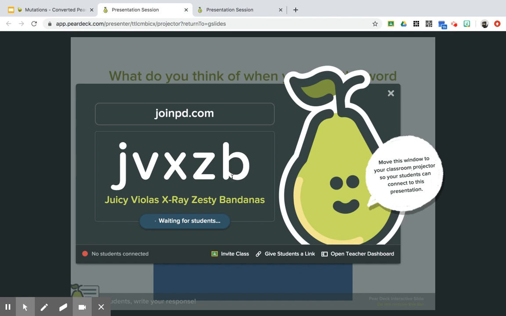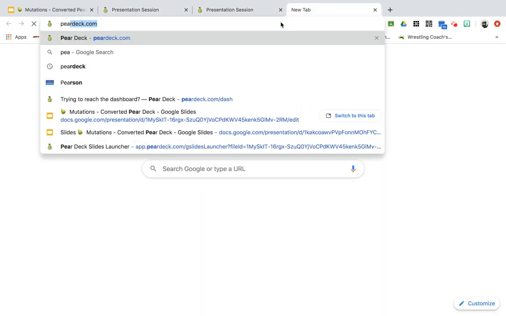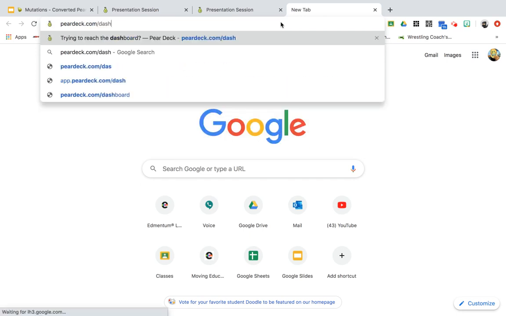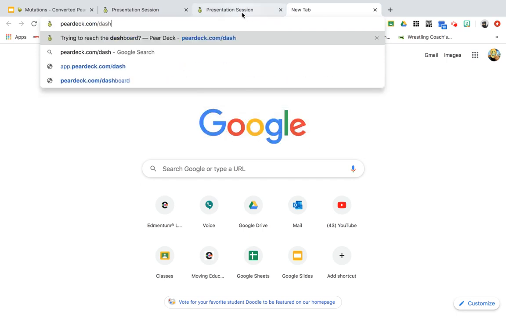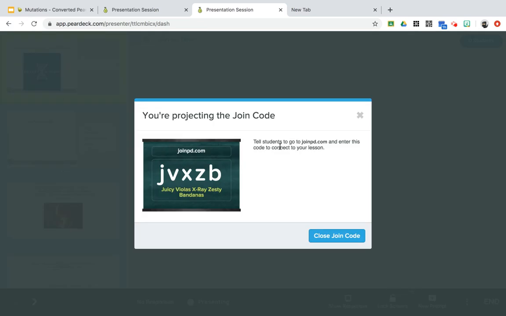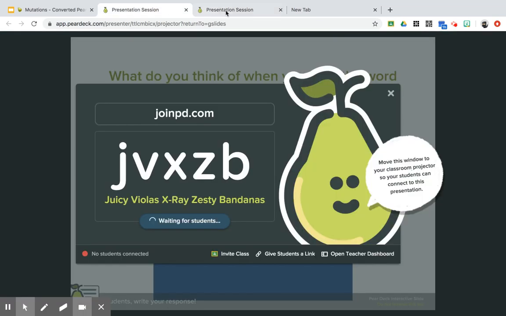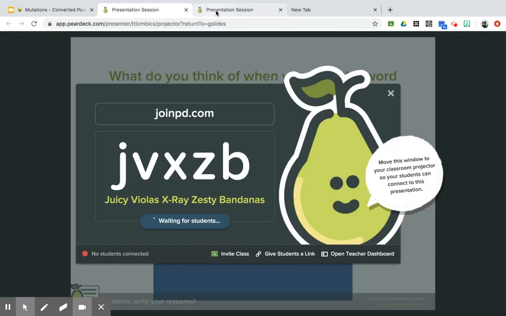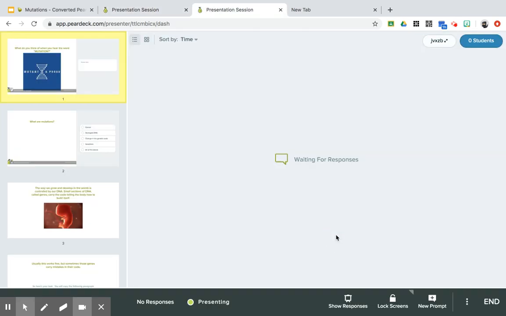Makes sense? Pretty simple. What you're going to do is you're going to go to peardeck.com/dash. What that looks like is this: peardeck.com, sorry, I misspelled, .com/dash, just like so. Okay, it's going to take you to a dashboard once you sign in with the same account, your McAllen ISD account that you're presenting with here. Okay, it's going to tell you this. Well, here's the code of the presentation that you're using. All you do is make sure that it's the right code. It is. I'm going to click close join code,